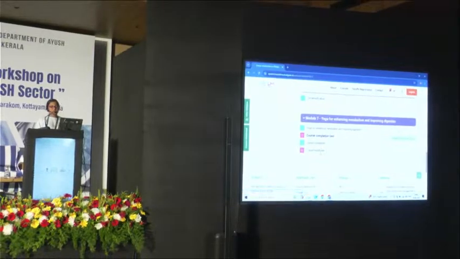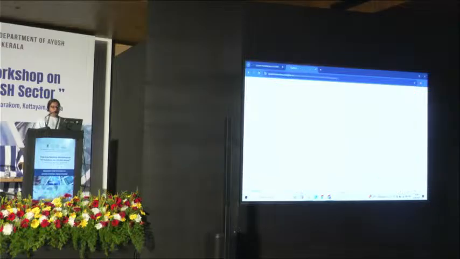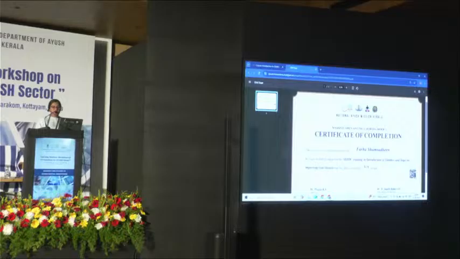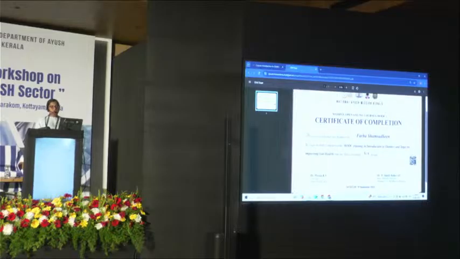The course was completed before, so this course certificate was disabled. After I enabled the approval from the admin level, the user could see the course certificate option. And this is the course certificate option. As I have not completed the test due to time restrictions, I have been given a not applicable grade, or else you must at least get an A grade or 80% of the total marks.